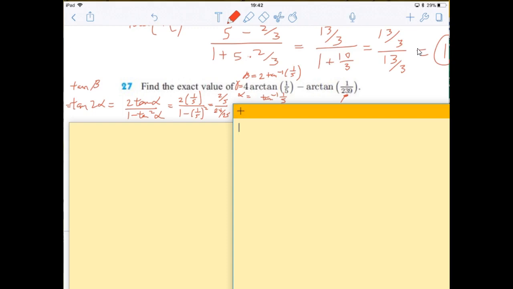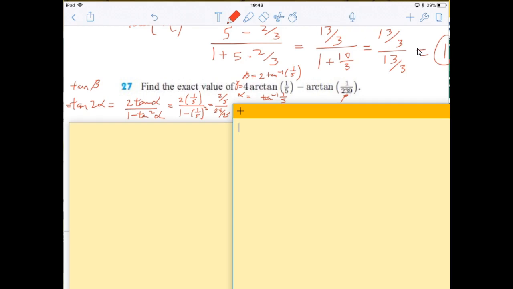Because we have inverse tangent here, and the only way we can get rid of this inverse tangent is if we take a tangent. So, first thing we're going to do is find tangent of 2 alpha, which is the same thing as tangent of beta. Okay, so tangent of beta equals tangent of 2 alpha. Let's find it. So the double angle formula for tangent is 2 tangent alpha divided by 1 minus tangent squared alpha. And so we know the tangent of alpha is equal to